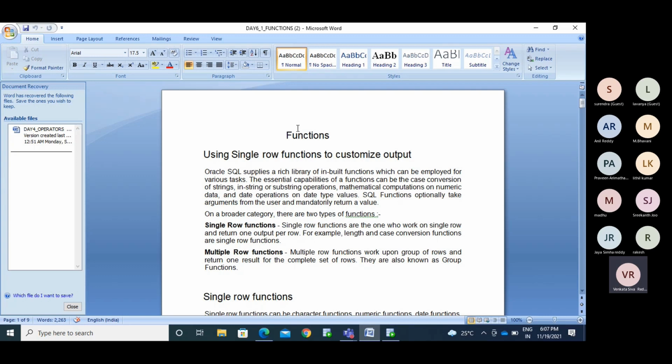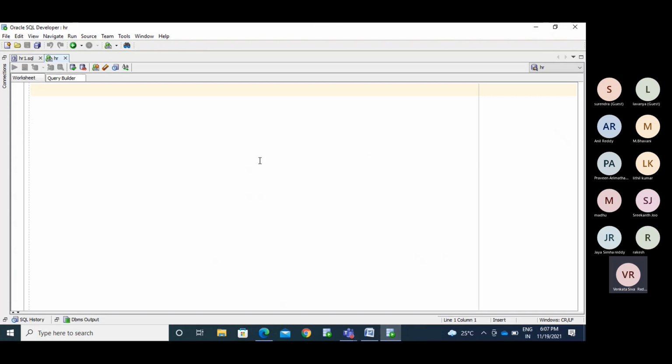Okay, so functions. They take some input from us and provide some output. Suppose you are writing something in small letters, like "shiva", and I need to make it an upper case letter. For that, we need to use